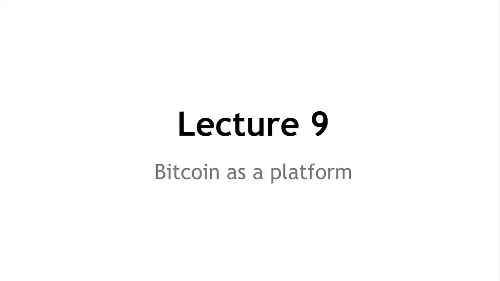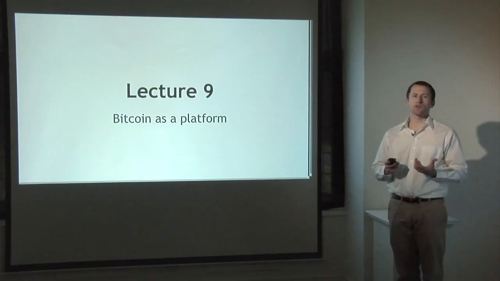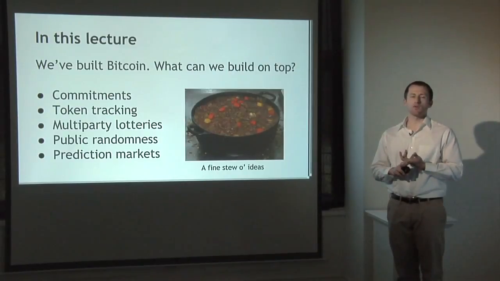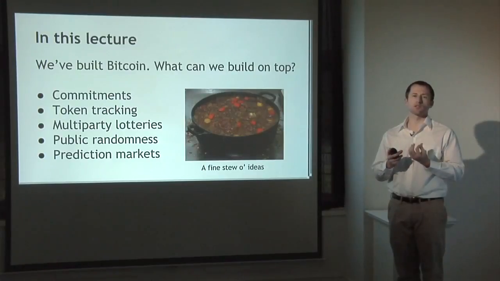Okay, in this lecture we're going to be talking about Bitcoin as a platform. So we spent a lot of time developing all of the technical underpinnings of Bitcoin and showing how it can be used as a currency. In this lecture we're going to be talking about what else we can do with Bitcoin. There's a lot of exciting things that we can build either without any modifications to Bitcoin or with pretty small modifications. So some of those things in order that we'll talk about in this lecture: secure commitments, secure timestamping, issuing new types of digital tokens and tracking those, things that aren't exactly currency, doing lotteries, generating randomness using Bitcoin, and